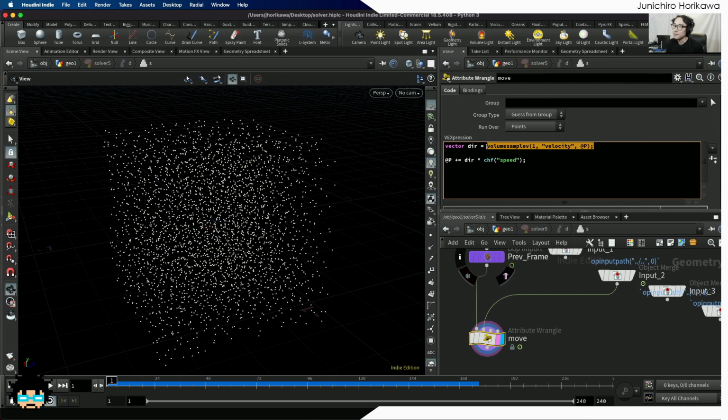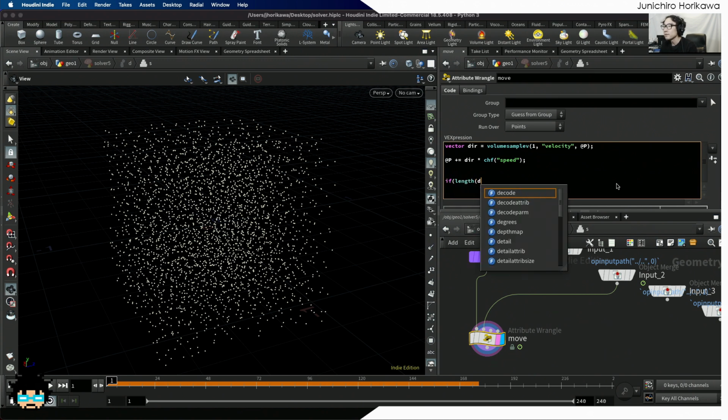So we can reinstantiate the position of the point somewhere in the center of this box. Then the point can find the velocity from the volume again. So let's create a condition. If the length of the direction, which determines the speed of the velocity, is pretty small, like 0.01,